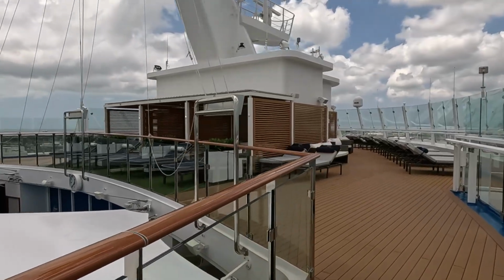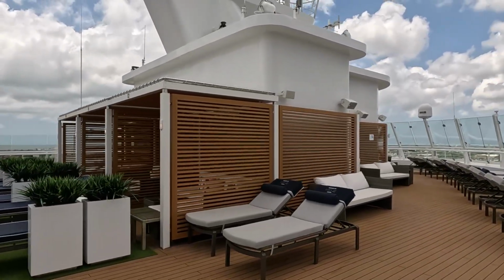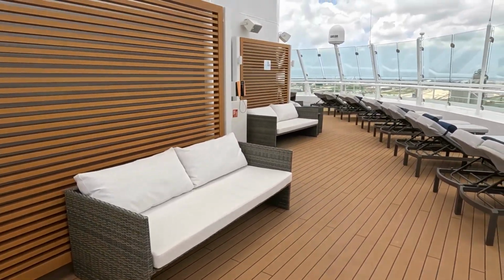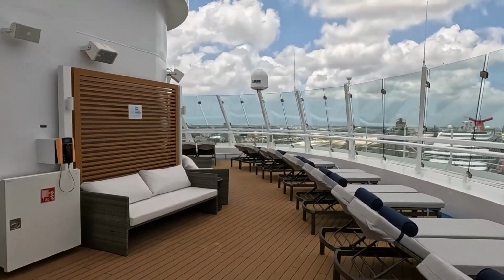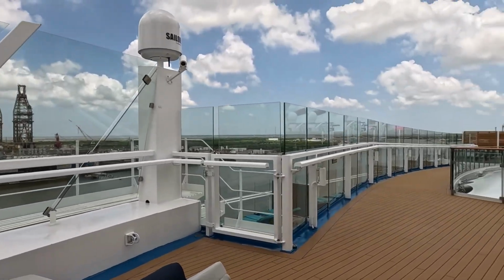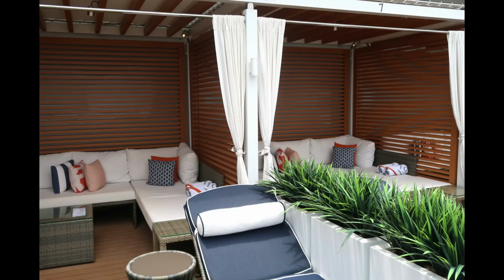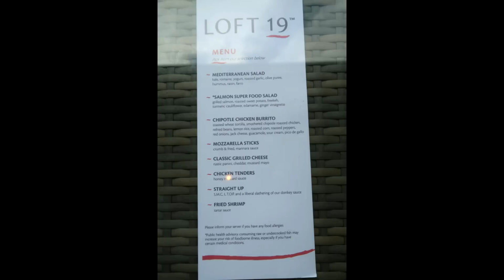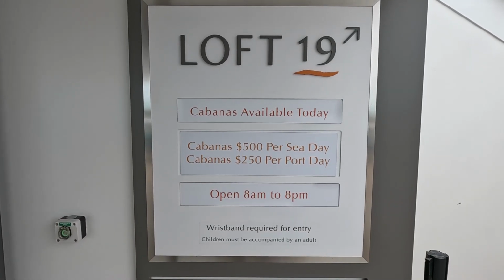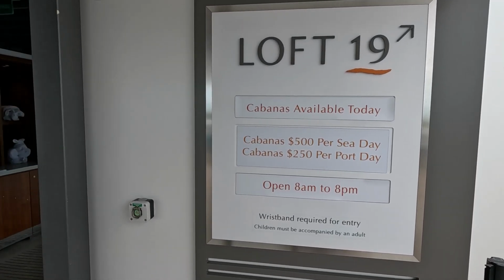So, over here, it's just more chairs and stuff. So this is a really cool area. But these are for the Loft 19 cabanas that are reserved for there. And then we come around here and we're at the back of the ship again. So that's really cool. Okay. Let's see what else we need to see. Once again, the cabanas are $500 per sea day and $250 per port day. They're open from 8 to